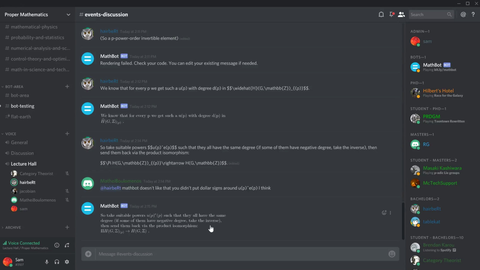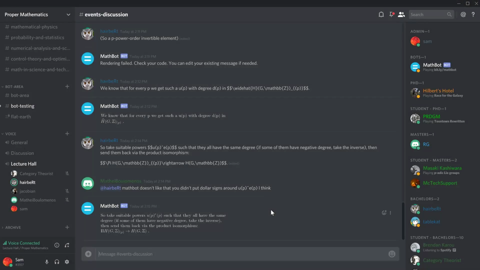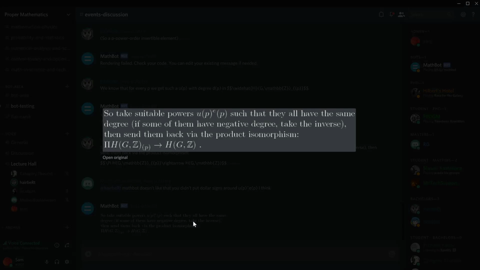We just take these powers of this U_P that we have found in P-Tate cohomology. We just take suitable powers so that they all have the same degree, and then we just take the tuple of them, and through this ring isomorphism, we send them into the Tate cohomology of G. So we get an invertible element again, because ring homomorphisms send invertible elements to invertible elements, and it follows that G must also have periodic cohomology. And so all the conditions that we have found above are